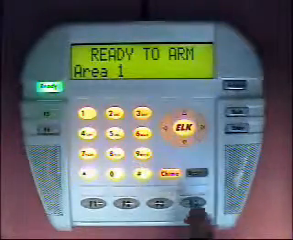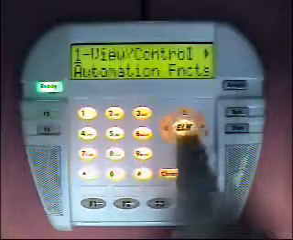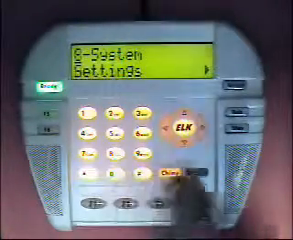And now our timer has run out, so we'll have to enter back in. Let's go back to menu 8, enter that,